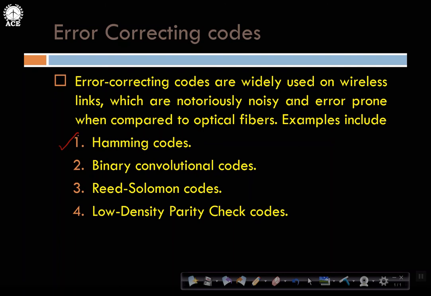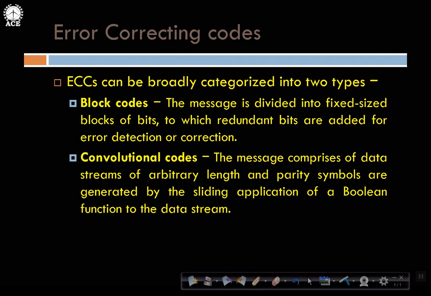Next, these are the different error correcting methods, of which I have already explained to you about Hamming codes. In addition to that, there are other error correction codes which are not dealt with in detail in the textbook, but a brief overview is given. We'll have a review for your convenience. Later, if you want more details, we can go through binary convolution codes, Reed-Solomon codes, low density parity check codes. These are the various methods, but among them, Hamming is very popular, one of which in the previous video I have already explained to you by means of an example. Okay, in detail we have seen.